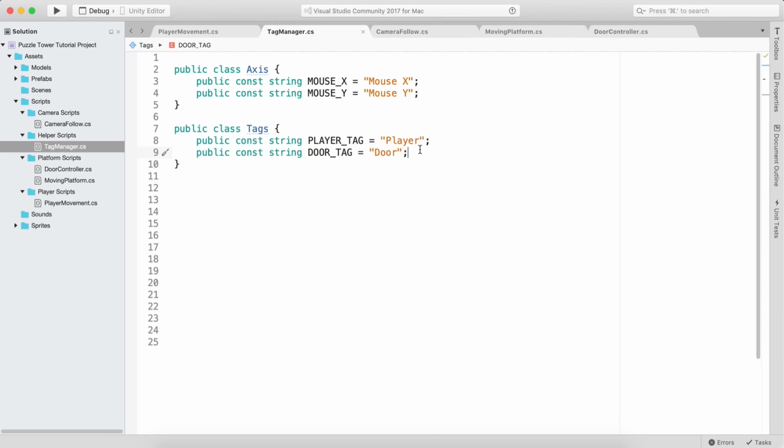Now, in order to deactivate that, what we simply need to do is go and create this tag. So door